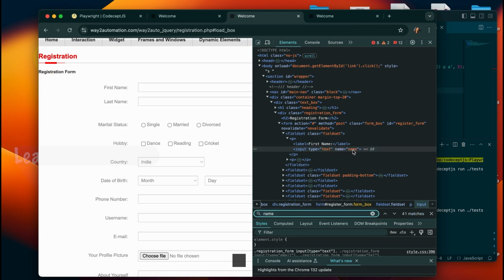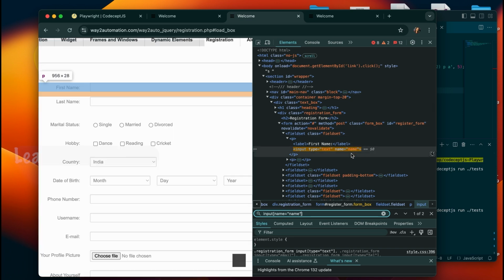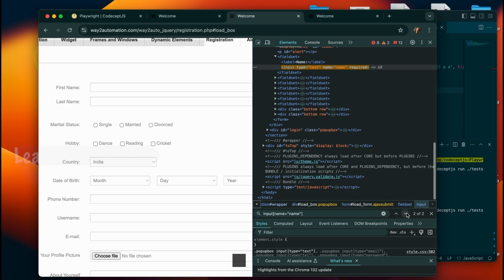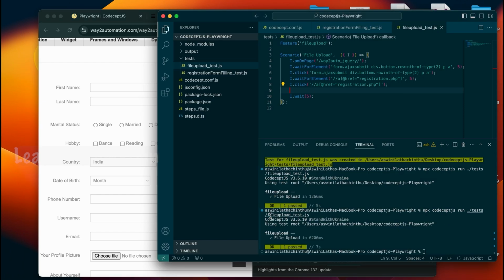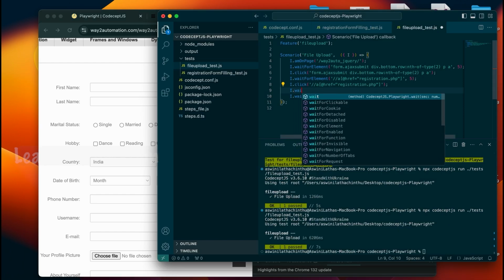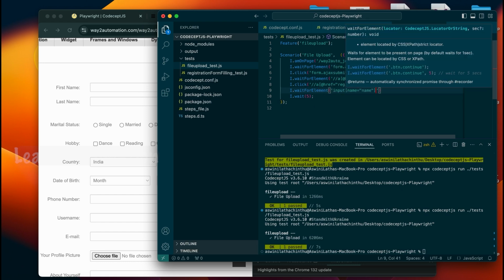So input name equals name. The first one is pointing to this one, but I'm not bothering about it, so I'm just going with this input name. Same, so I dot wait for element,